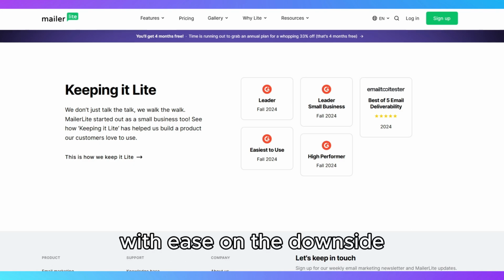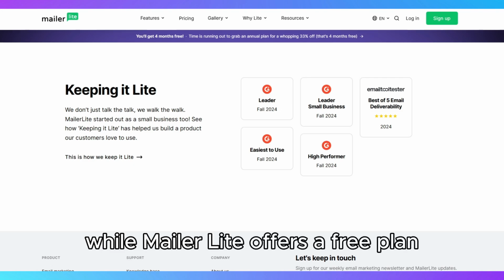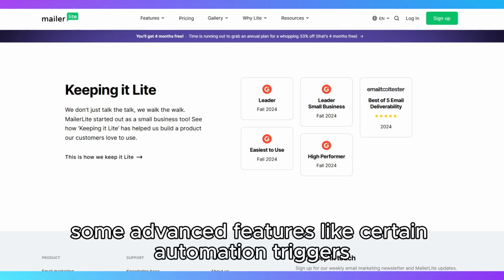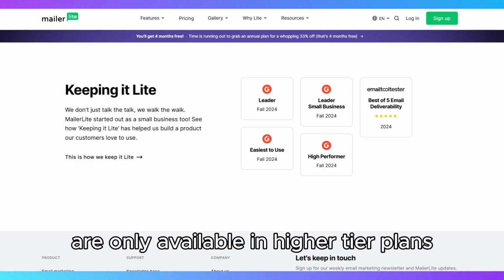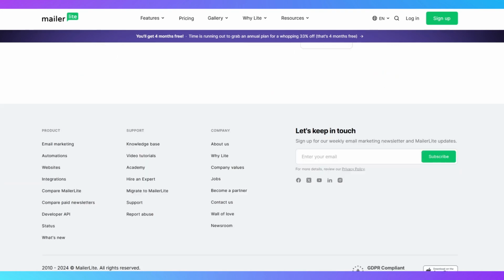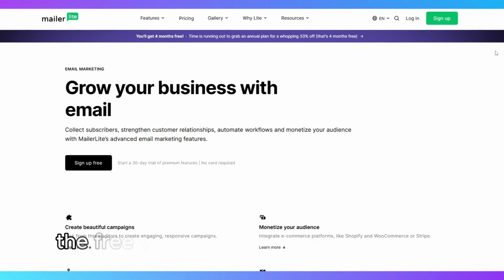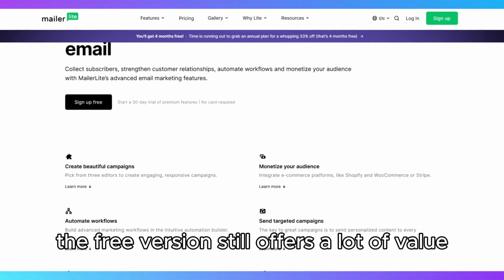On the downside, while MailerLite offers a free plan, some advanced features, like certain automation triggers, are only available in higher-tier plans. However, for businesses on a budget, the free version still offers a lot of value, and the paid